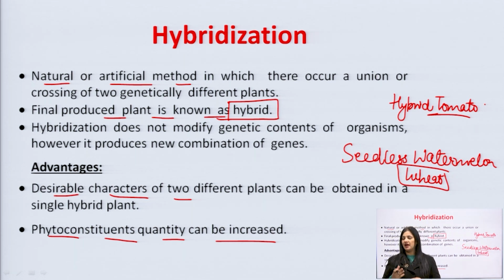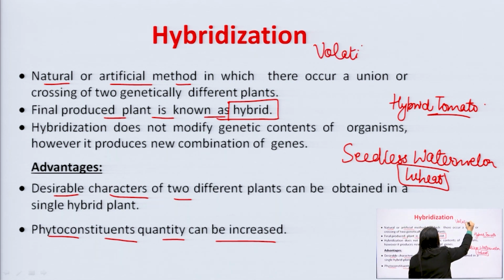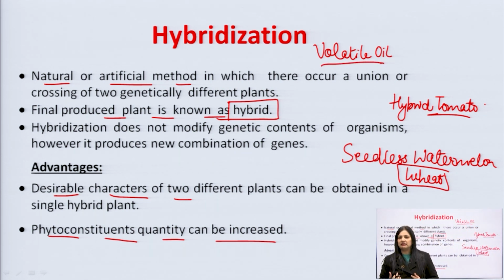If you take some plant, say अगर आप जीरा लेते हैं, cumin, or you take clove or any other which contains volatile oil, तो जब आप इन प्लांट्स की एक्सट्रैक्शन करते हैं, वॉलेटाइल ऑयल का कंटेंट बहुत कम होता है. इट इज़ मे बी 1% or 2%, maximum 3%. It is generally lesser than 1%. So if you want to increase that volatile oil content, which is a phytoconstituent basically, you can apply this technique called hybridization.